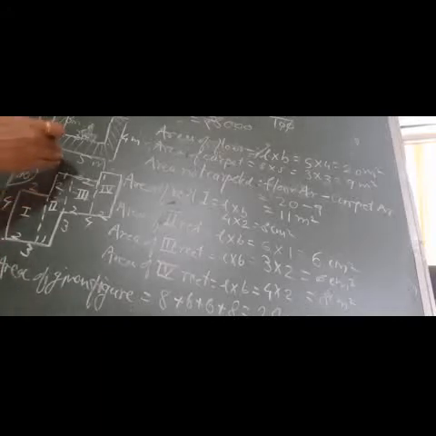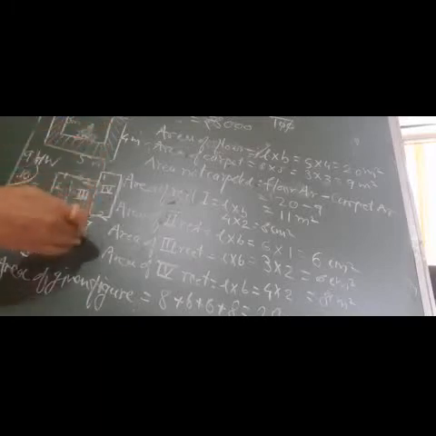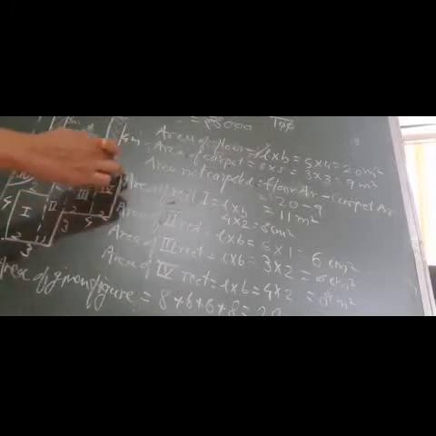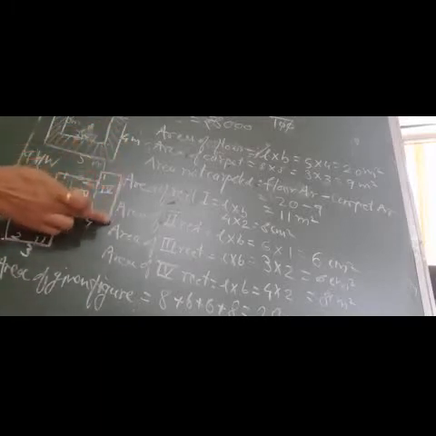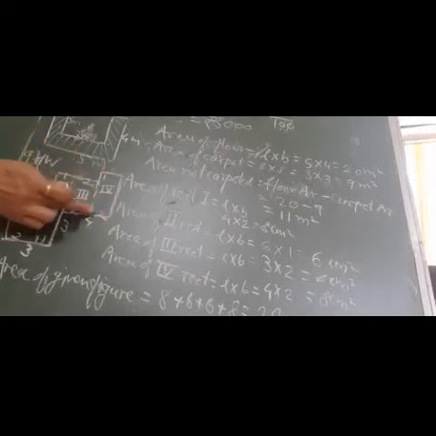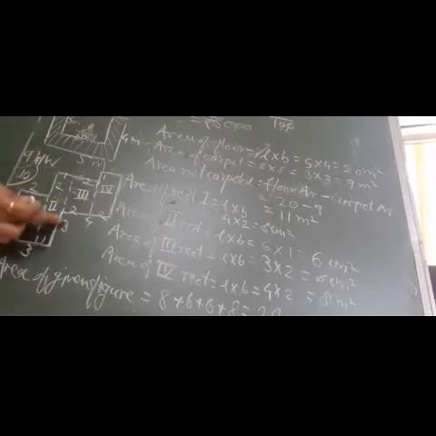We have to break the figure into rectangles or squares, because we know the area of a rectangle and a square. To break it, I have drawn all the lines parallel and vertical. I have drawn a line parallel to this side, which was already given. To this again I have drawn a parallel line, and to this again, and hence I got rectangle 1, rectangle 2,